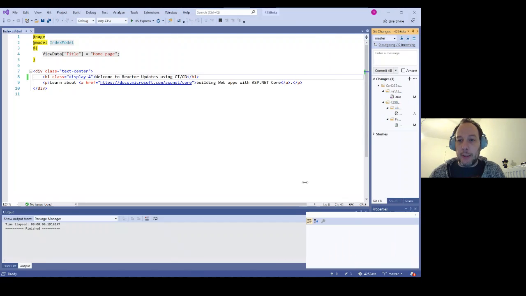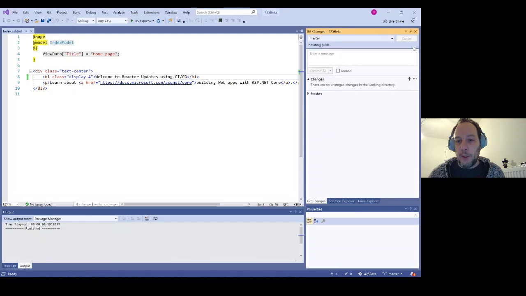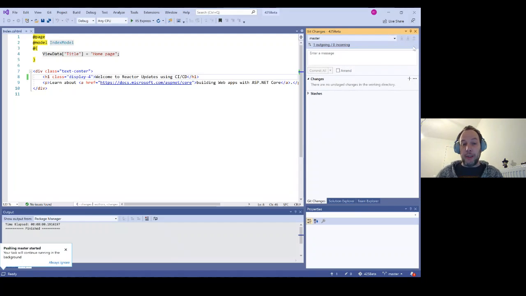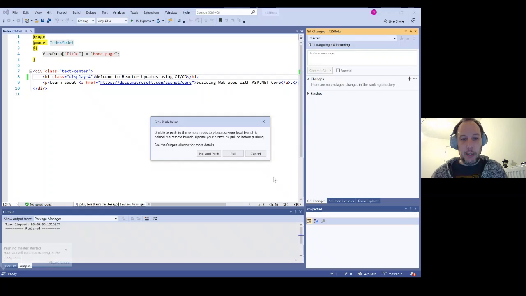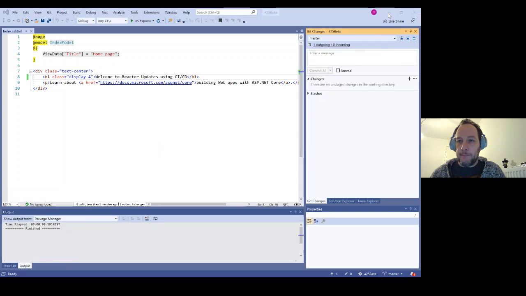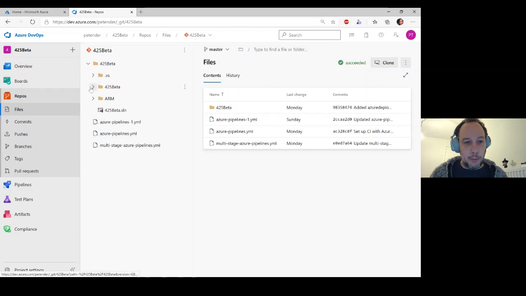From here, it's detecting that I made some updates in my index HTML file, and this is updated to reactor live session, and pushing out from my local development station into Azure DevOps. And I'm not going to close it for now because every now and then it's taking a little while. Confirming the push. And if all goes fine in my source control,